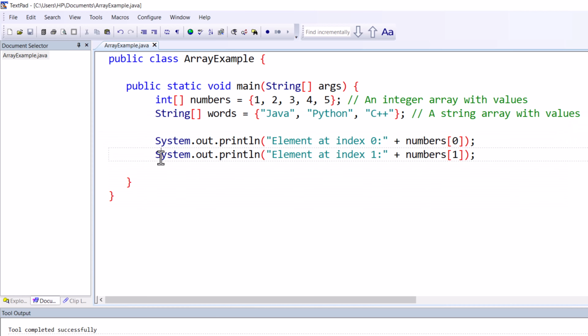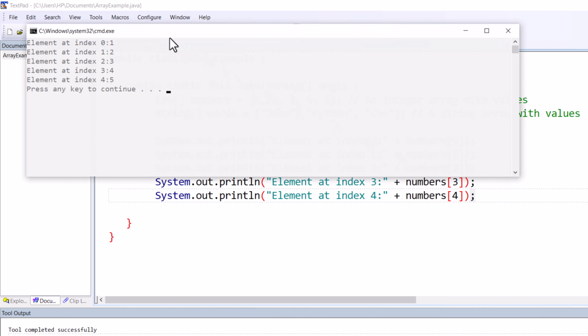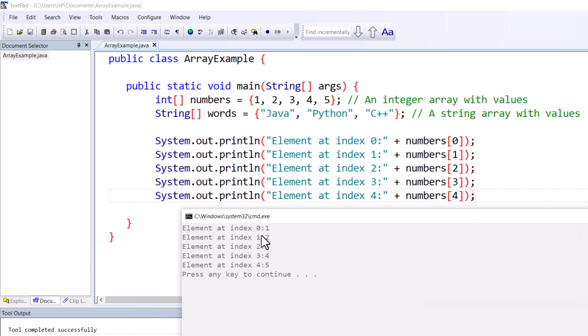In the similar fashion, if you want to do the same for all the elements, you can do that. So you have to specify 2 over here, 3 over here, 4 over here, and 1, 2, 3 and 4 here, because it has only up to index 4. Whatever the size of the array is, the last index will be size minus 1. Here in this case there are 5 elements in total, so the index will be 5 minus 1, that is 4. Remember that. If I compile and execute it, you will get all the values